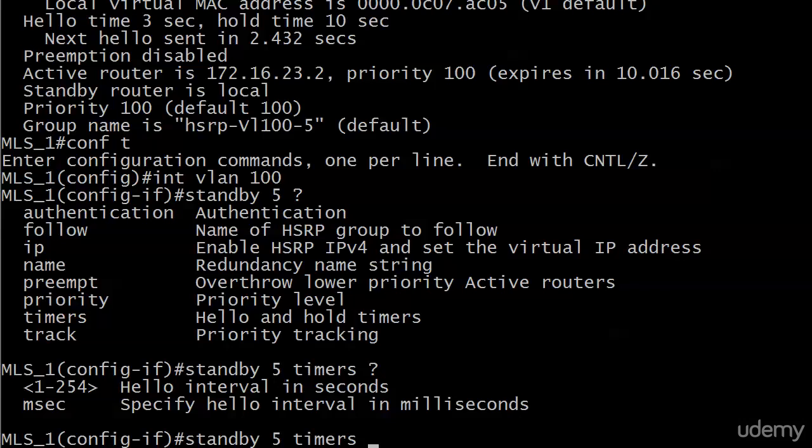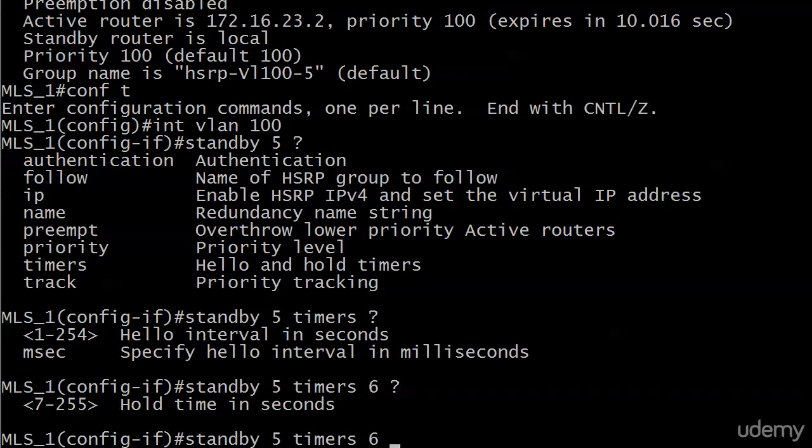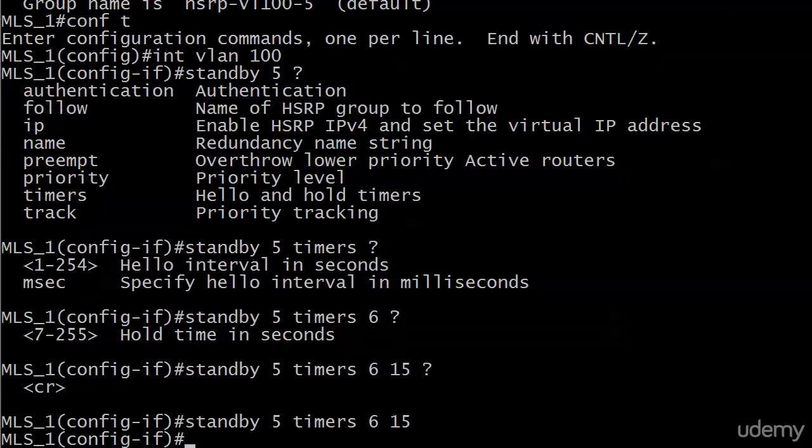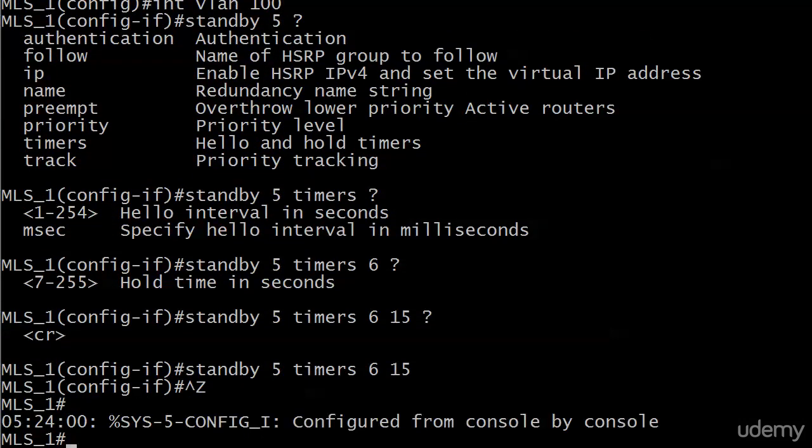What I would do here, let's say we want to double that, and then you've got to enter a hold time, even if you're going to keep the 10-second hold time. Notice that we do not have a CR here, so you've got to put it there. We'll go with 15 seconds here, just pulling a rabbit out of my hat. So standby 5 timers 6 15 means we've reset our timers to 6 seconds for the hello time and 15 seconds